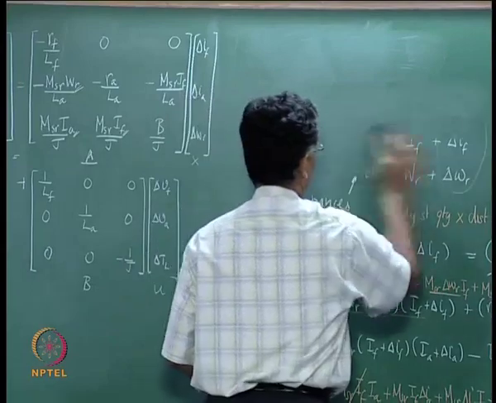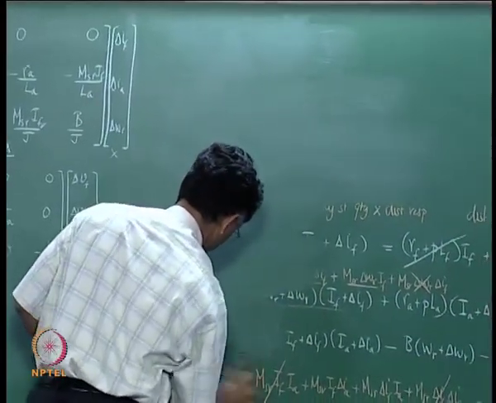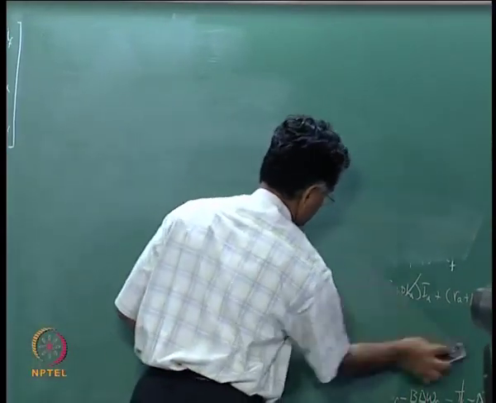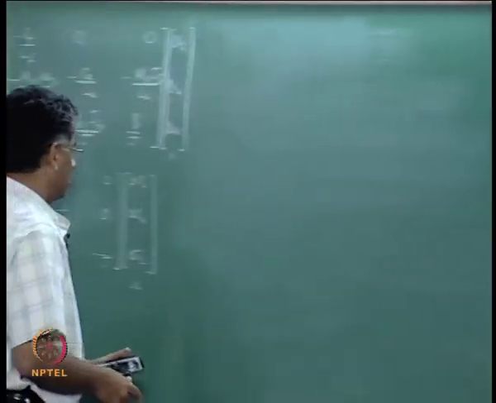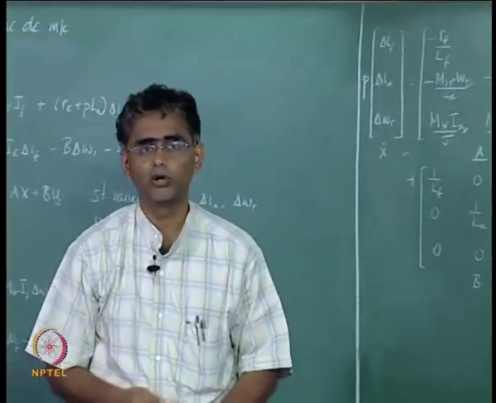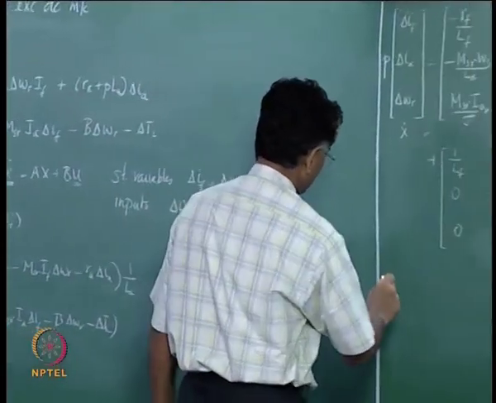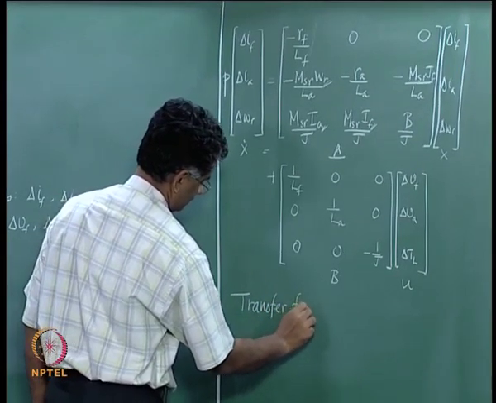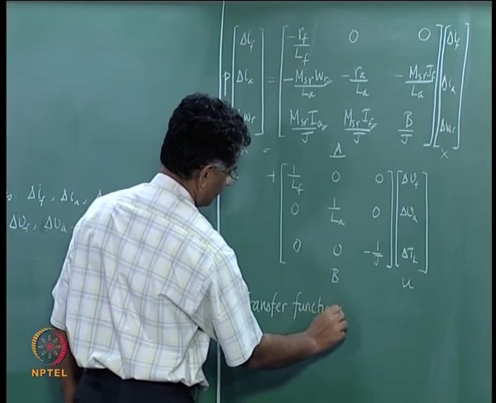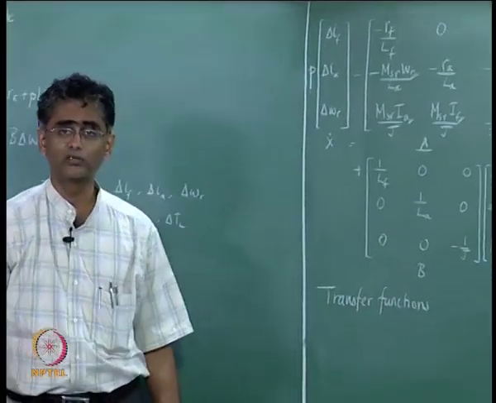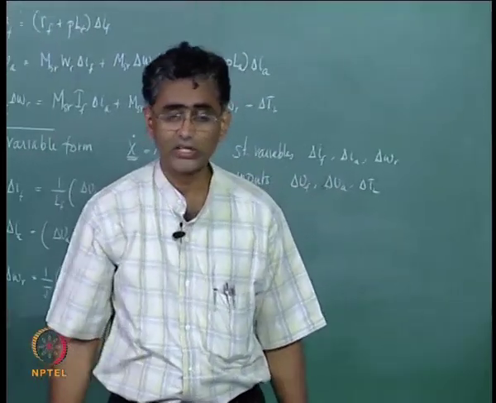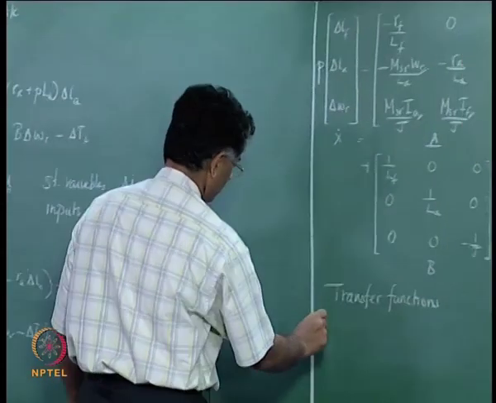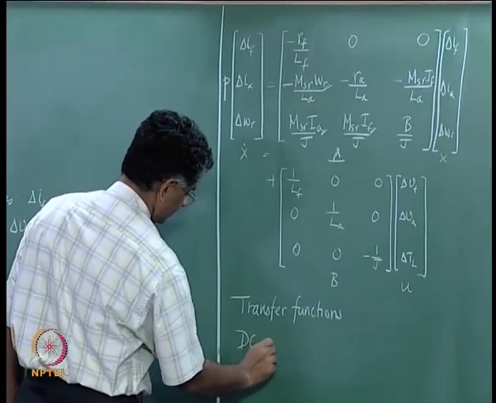And where do we go from here? Normally, one does not stop at this point; one then looks at the transfer functions of this system. Where does one use it? Supposing you want to design a closed loop system for a DC machine, or in other words, if you want to look at how to design a DC drive,